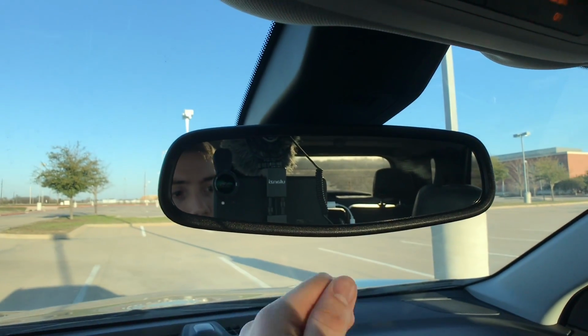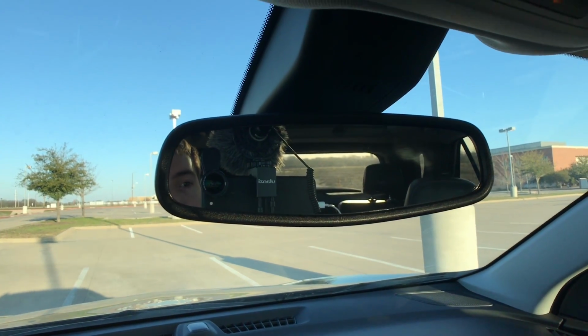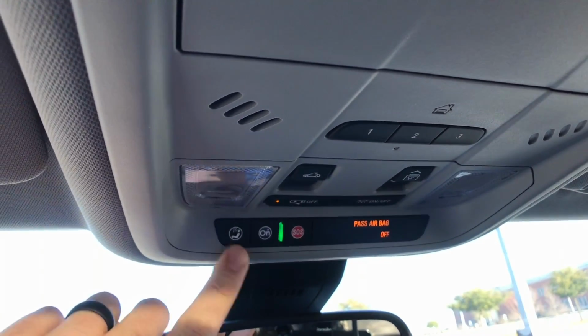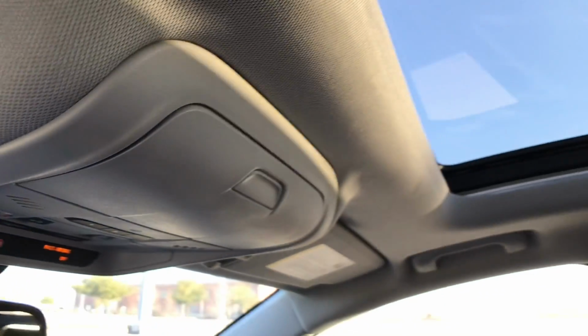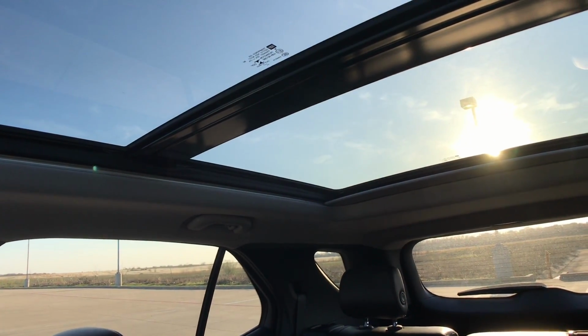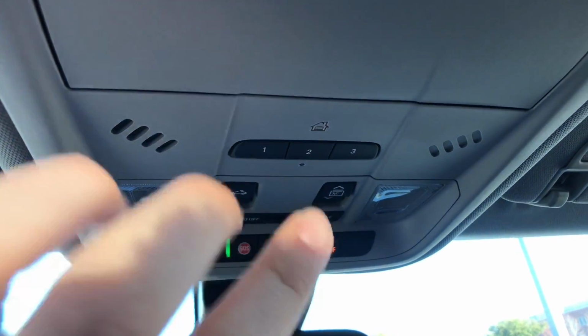We have our OnStar controls, an automatic dimming rearview mirror. It would be nice to see the little flip reverse mirror camera that you have in the Traverse, but we do have the surround vision camera as well. Up above you see the OnStar controls. We have controls for our sunroof, which is a giant dual pane moonroof right there. In addition to that, we have the Garage Link system right here to program up to 3 garage doors,